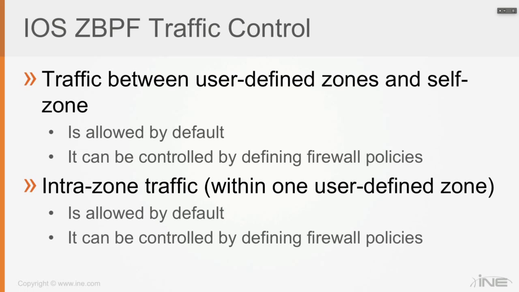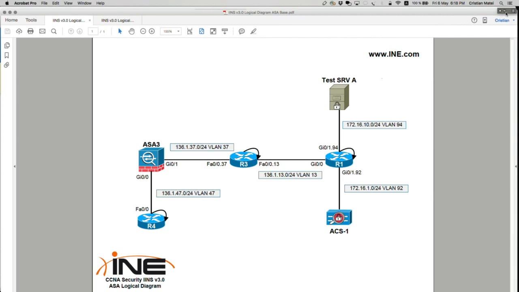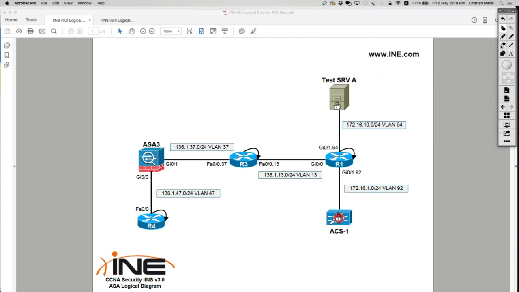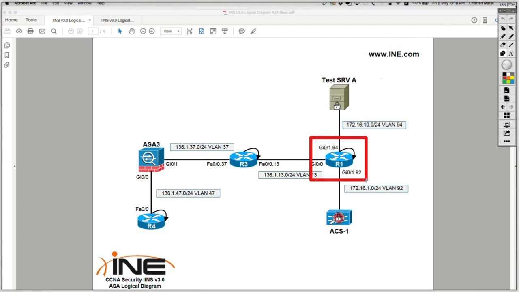Now, intra-zone traffic within one user-defined zone, likewise it is allowed by default. But of course you can change that and control which traffic can flow between interfaces of the same zone. But again, this makes sense, because if you take that example as we had before, like this was my router,